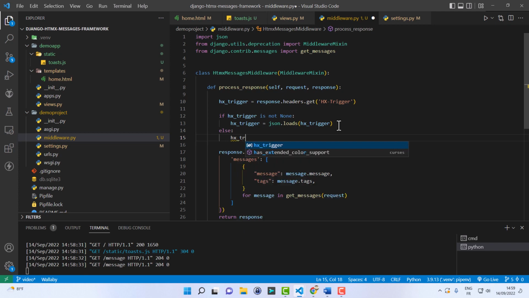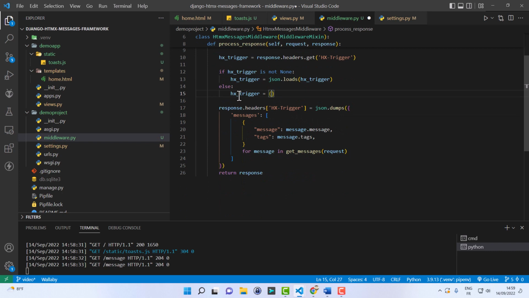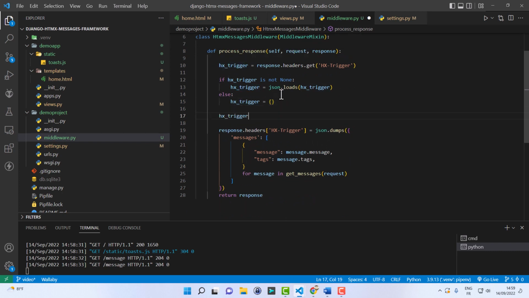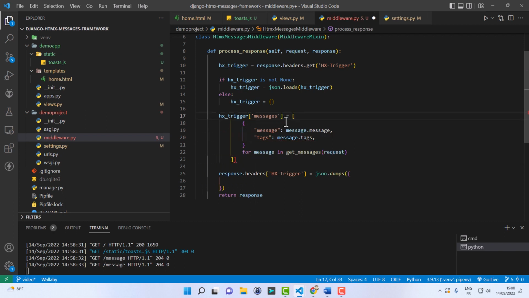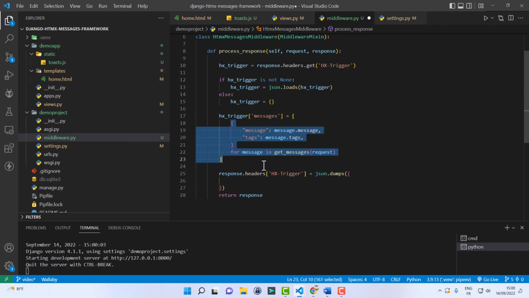We just have to initialize it with an empty dictionary. Now let's add our messages member in that dictionary like this. Okay, and override what's in the response HX-Trigger here.